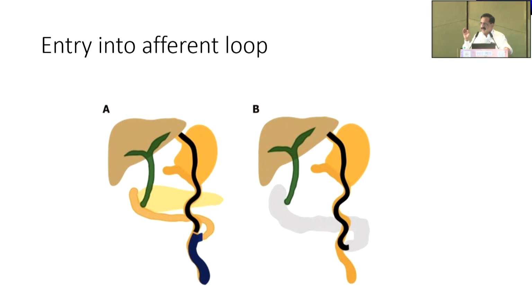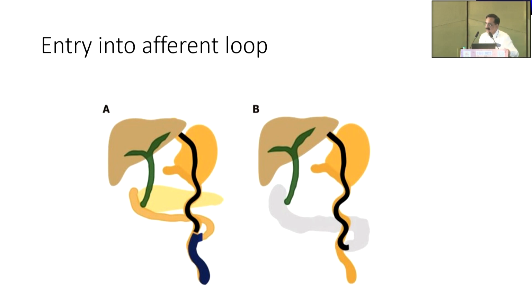Now, how do you identify the afferent loop? There are methods which have been described, that it is on the right side. Usually the bile is more in the afferent loop, but there are two different methods which help me in identifying this. That is introduction of methylene blue about 10 centimeters proximal to the site of anastomosis, waiting for a couple of minutes and then going down. The loop in which the methylene blue is flowing is an efferent loop, and the loop in which it is not flowing is an afferent loop.